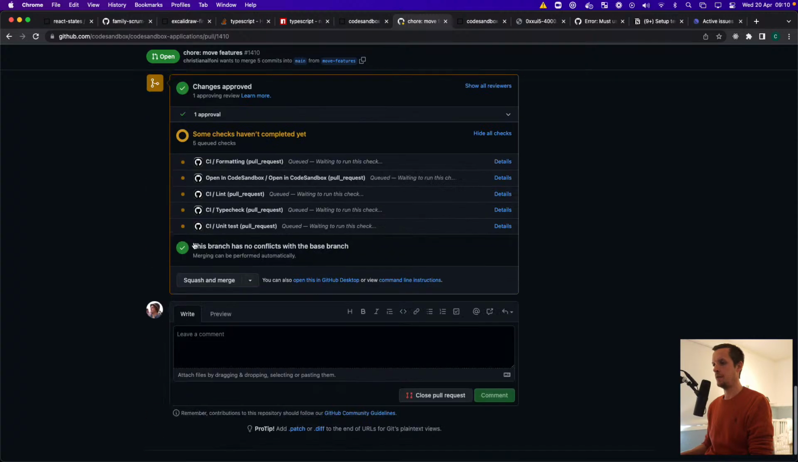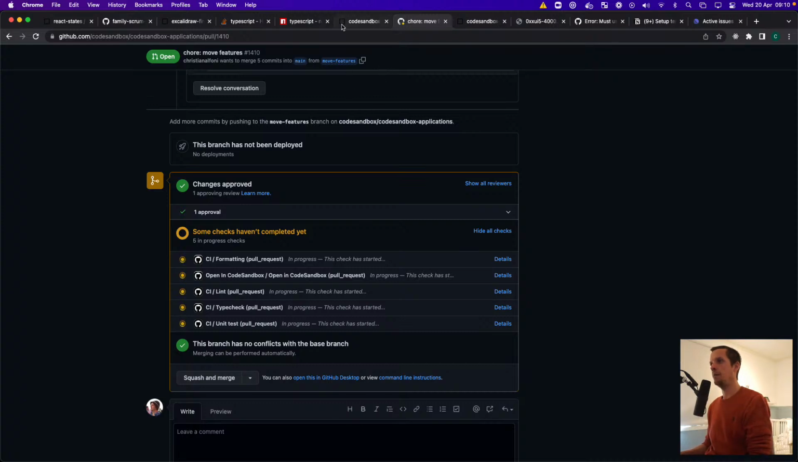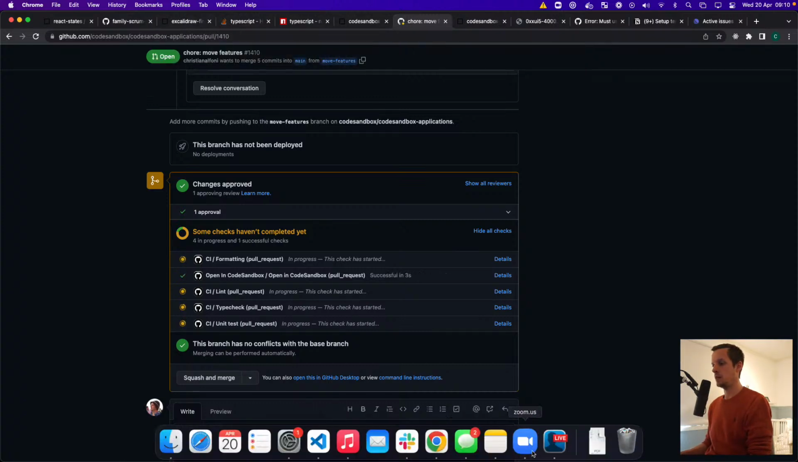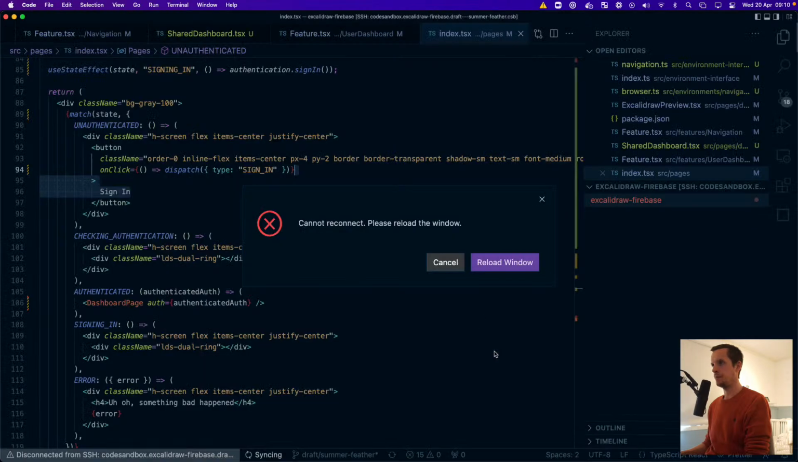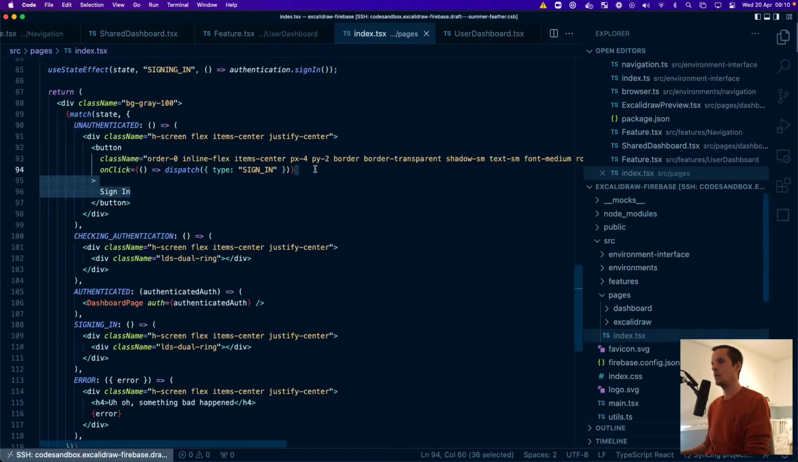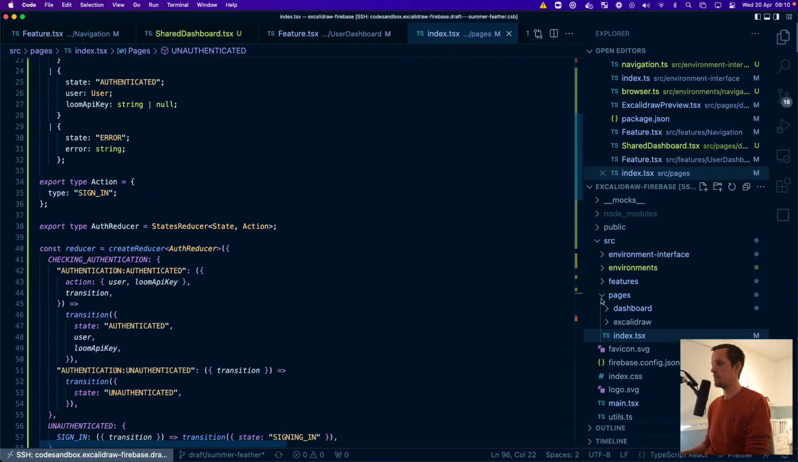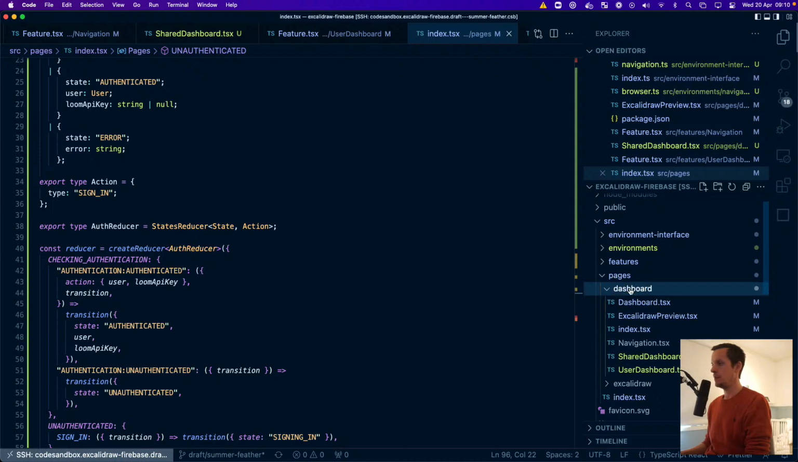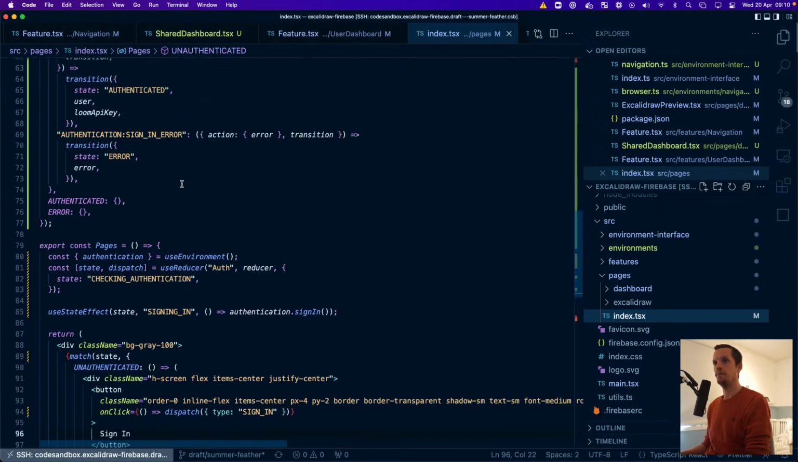Let's see. Okay, so we'll have to wait for this thing to go green and then we'll merge it and then we can take the next step. So while we're waiting for that, maybe we can work a little bit on this other thing. Because what we wanted to do here is create a new, we have features, pages. So what we wanted here is a new component that actually was responsible for this new